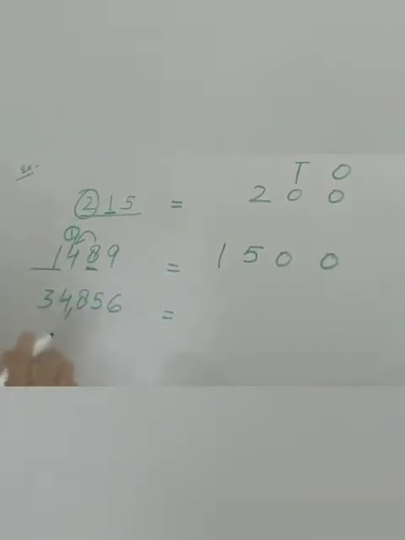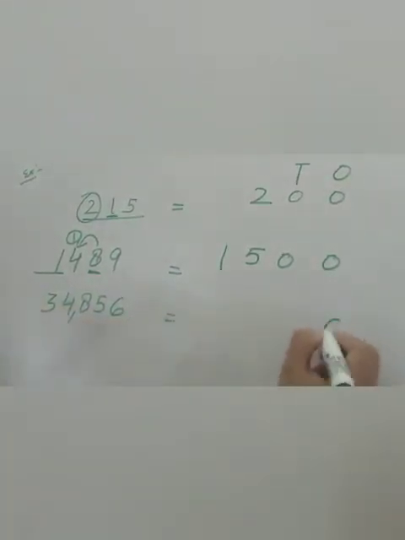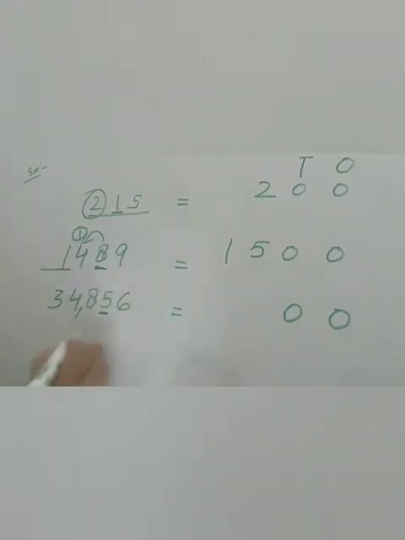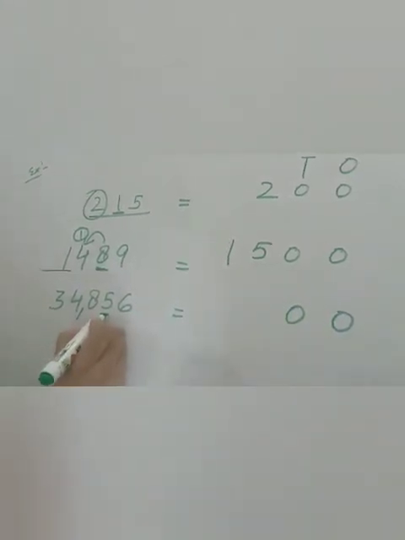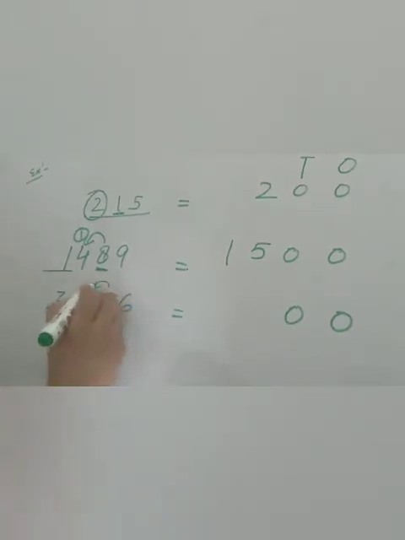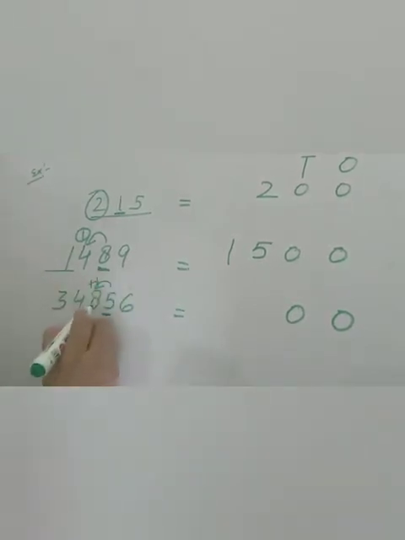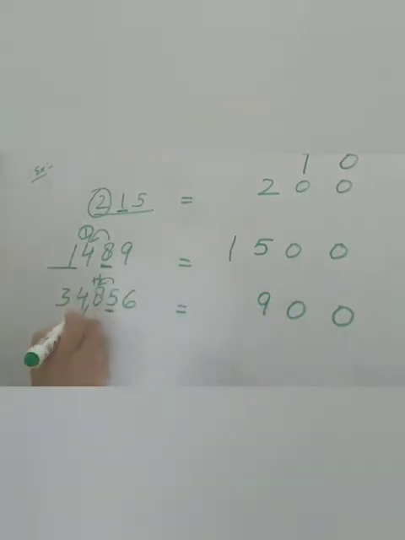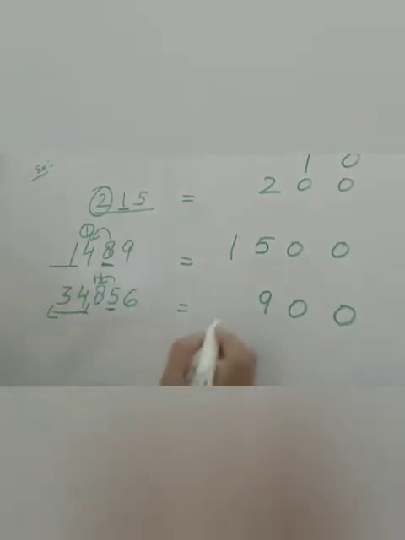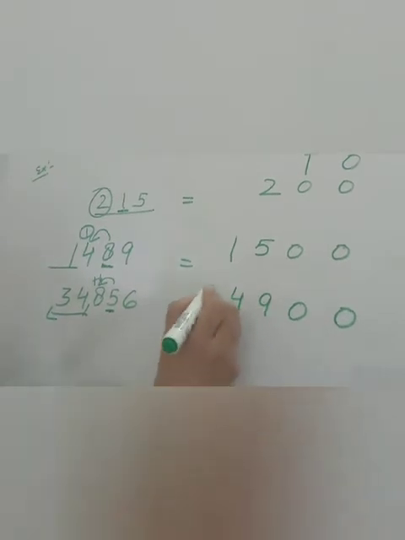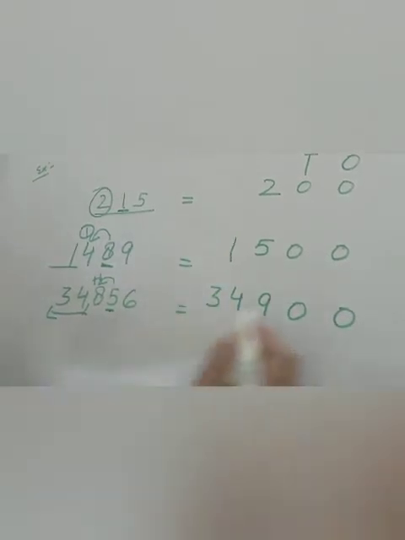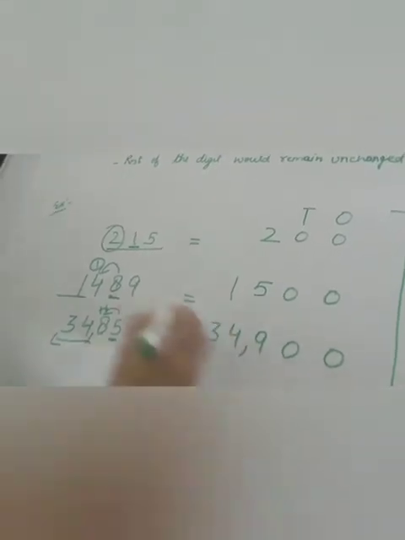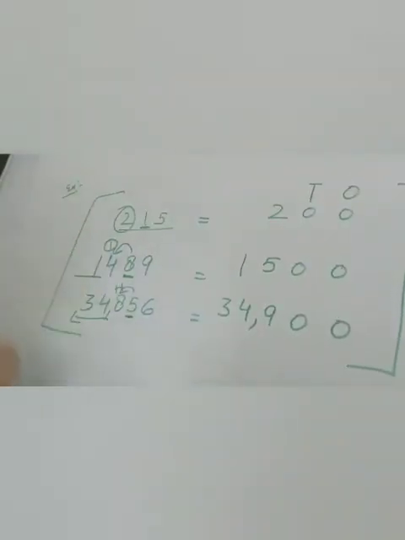Come to the next. It is the large number. So first put the 0 at ones and tens place. Now see the tens place number. This is 5. So we will add 1 in this 100 place number. So 8 plus 1 is 9. And rest of the digits would remain same, which is 4 and 3. So these are the nearest 100 place rounding off of these numbers.